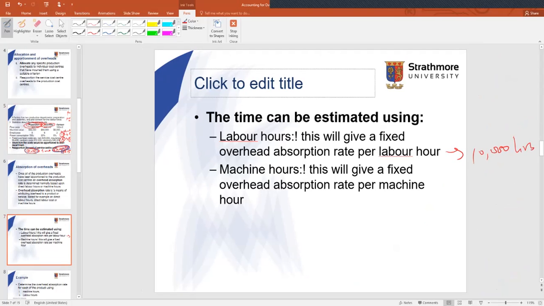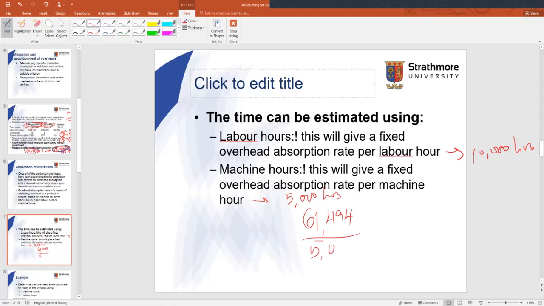If we have to use machine hours as our basis of absorption of this cost into the cost of the product, we determine, within the particular one month, how many hours this machine was running in the preparation department. Assume the number of hours was, let's say, 5,000. So if the company decided to use machine hours as the basis of absorbing the cost into the cost of the product, the amount to be absorbed per machine hour will be equal to 61,494